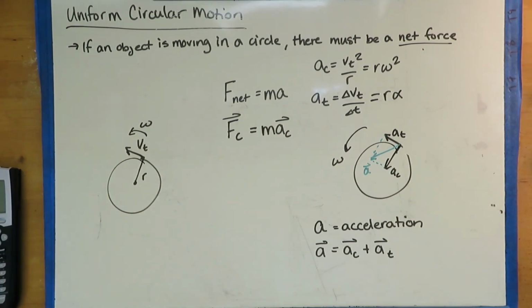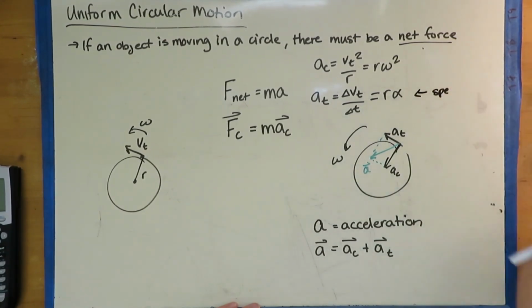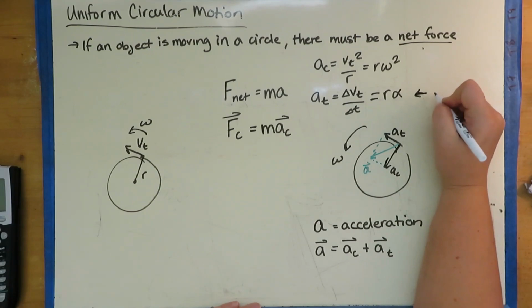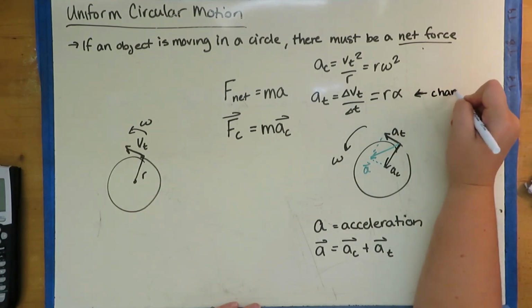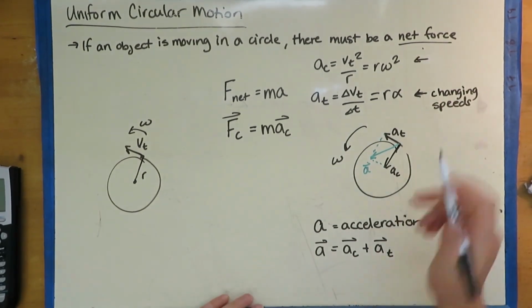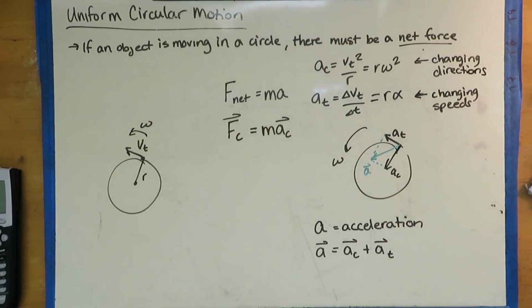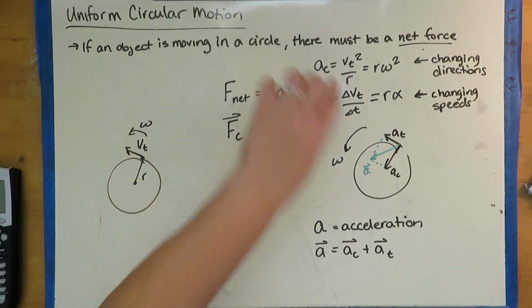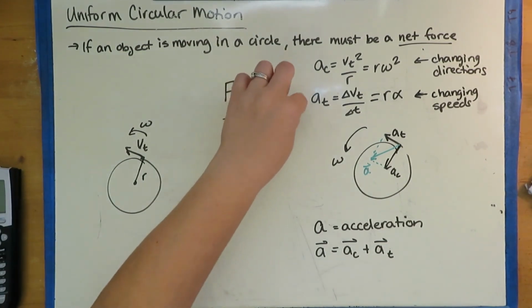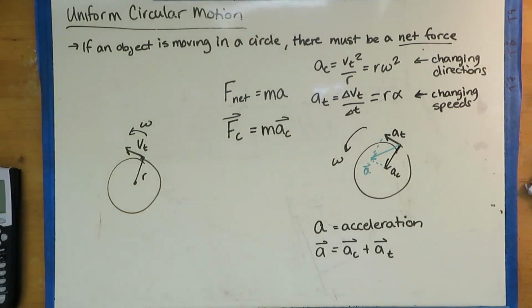So you would only have a tangential acceleration if you are speeding up or slowing, if you're changing speeds around the circle. It is responsible for changing speeds around the circle. The centripetal acceleration is not responsible for changing speeds. It is responsible for changing directions. So if you're moving at a constant speed around the circle, you have only centripetal acceleration. If you are changing speeds, whether speeding up or slowing down, you will have both a centripetal acceleration and a